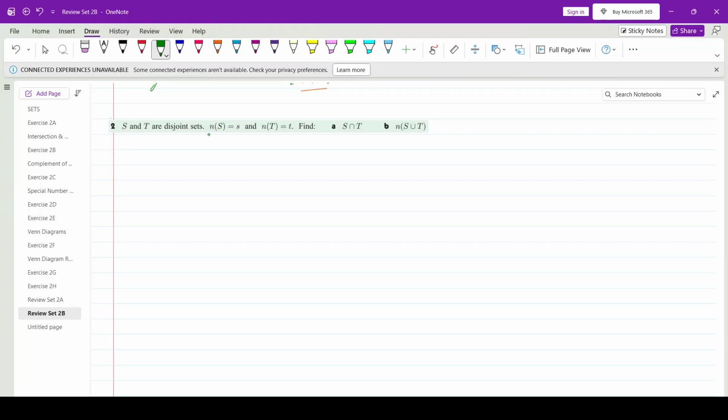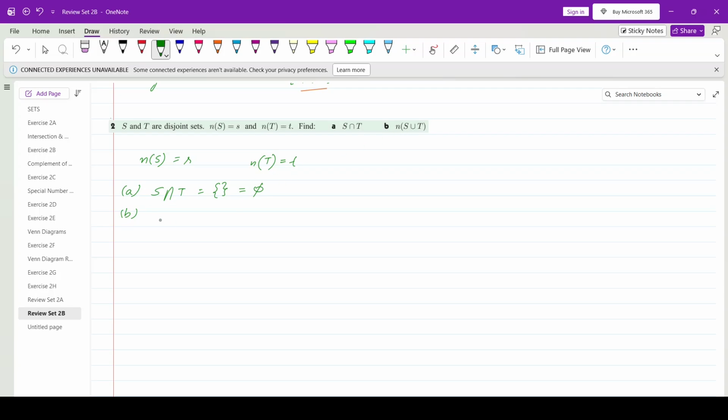S and T are disjoint sets. So disjoint sets are the sets that do not share any common part. So when it says the number of elements in S is equal to small s and the number of elements in T is small t, find S intersection T. So we know that they don't share any common part in between them. So S intersection T is going to be a null set,